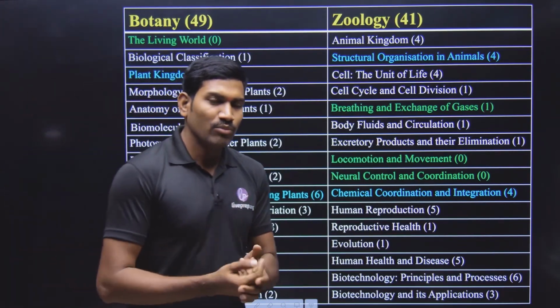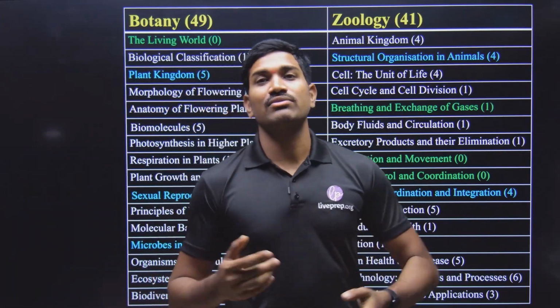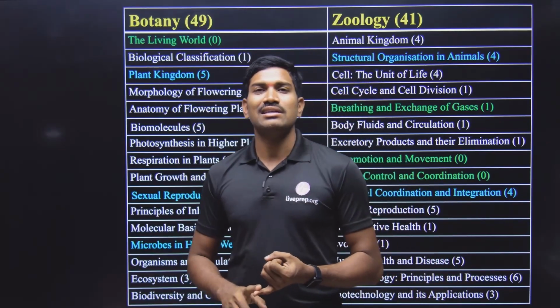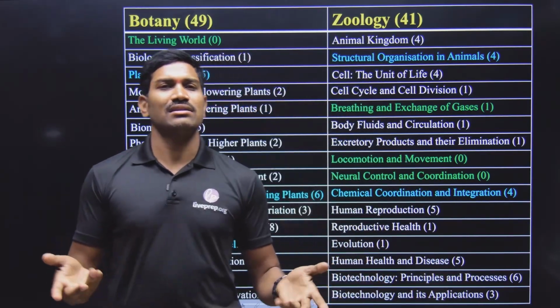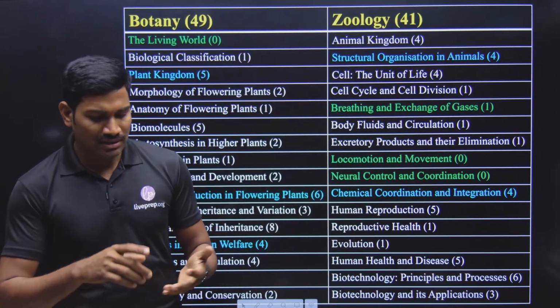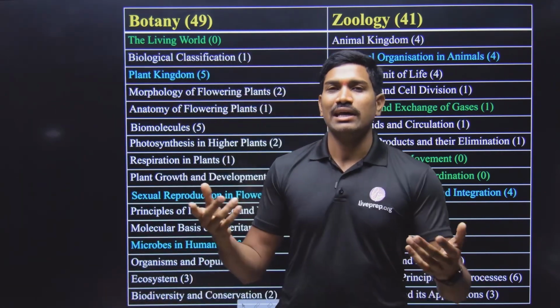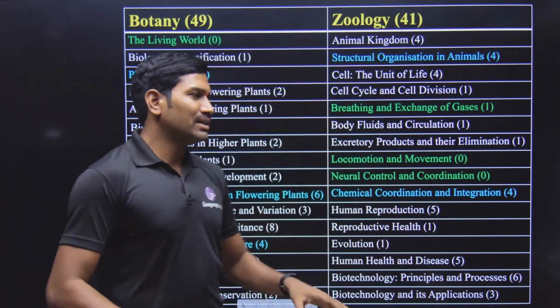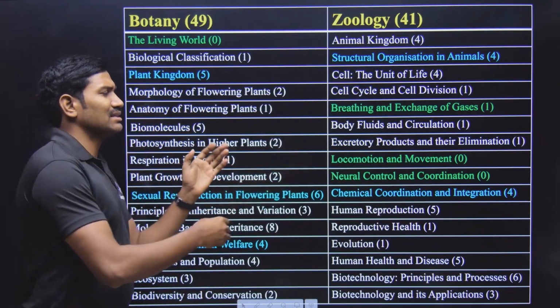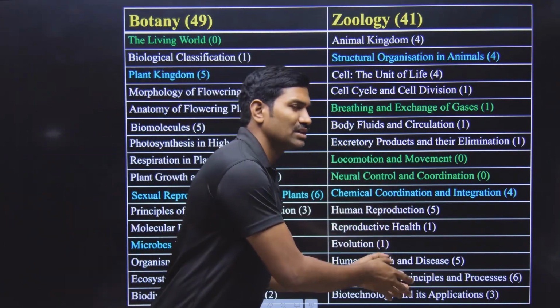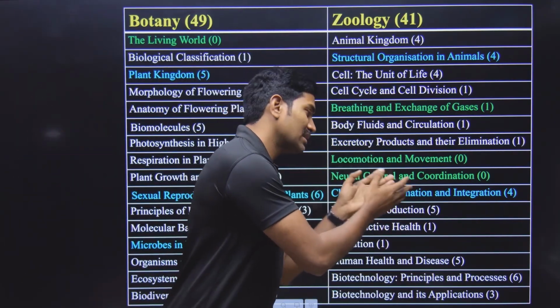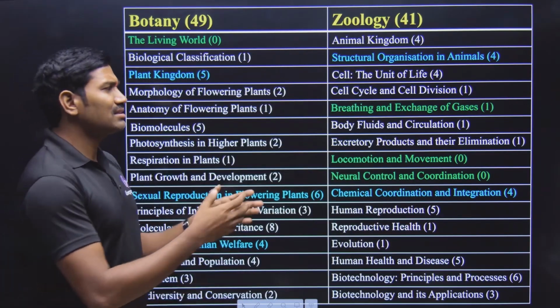Yes or no? And mostly in the case of class 12, many of these are general chapters. Genetics, evolution, they are general. So that you can consider anywhere. And then microbes in human welfare, biotechnology, you can consider anywhere. Ecology, you can consider anywhere. So in this way, there is a chance that you can consider. Some people may consider some chapters under botany, and the same things some others may consider under zoology. Like this, it may happen.